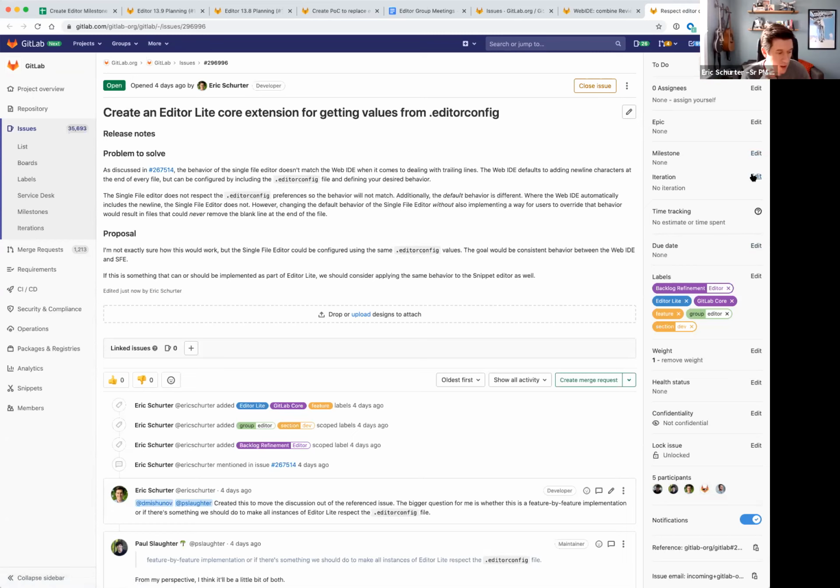Okay. The only reason I'm asking is because we were doing planning for 13.9 and getting the Web IDE using Editor Lite is one thing that's slated for 13.9. So if you could take care of it at the same time, that would be great. Yep. I could see this as a stretch goal for 13.9 and waiting for 13.10. I don't think it's critical. So as long as it's on our radar, I think we can handle it